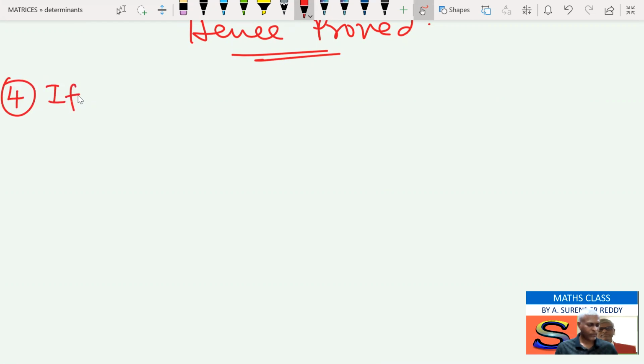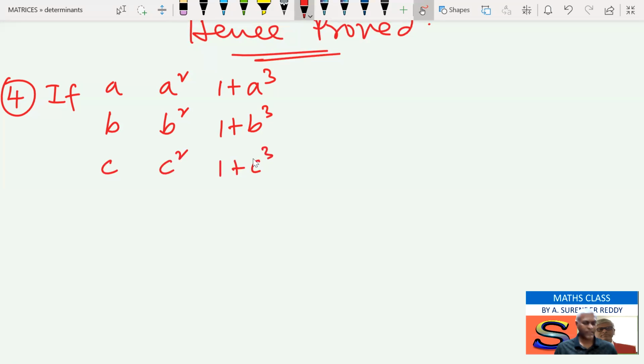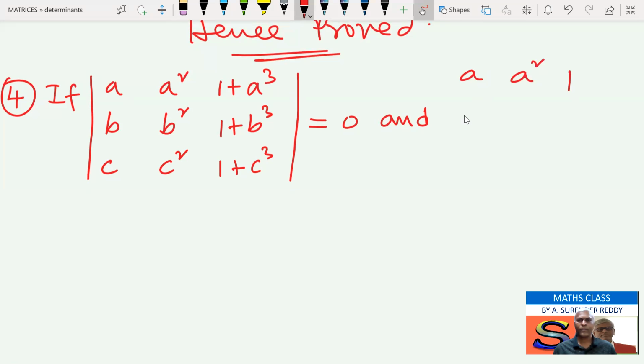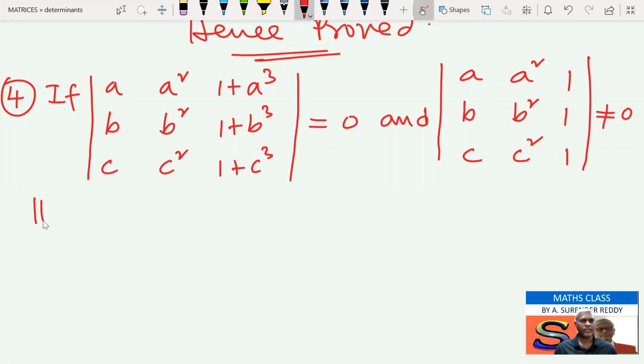If the determinant with rows A, A square, 1 plus A cube; B, B square, 1 plus B cube; C, C square, 1 plus C cube is equal to 0, and the determinant with rows A, A square, 1; B, B square, 1; C, C square, 1 is not equal to 0, then show that